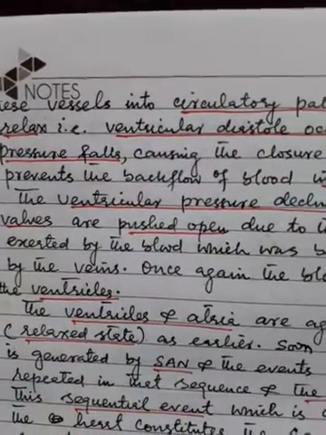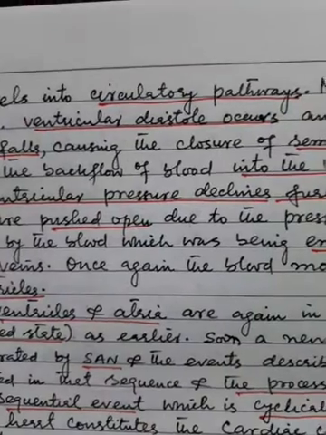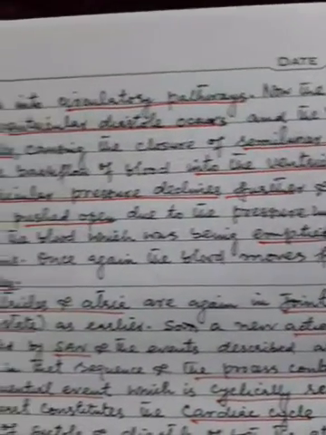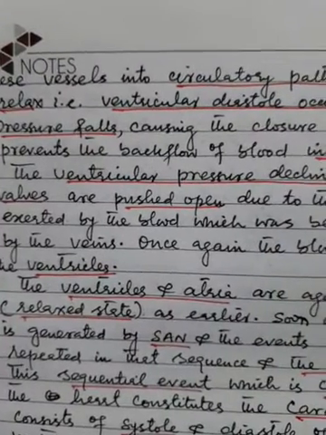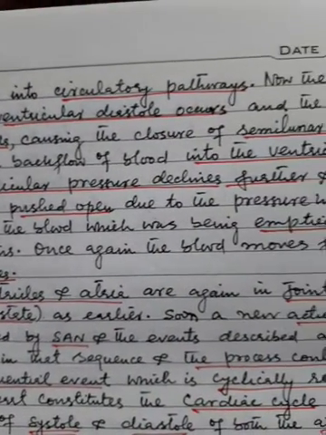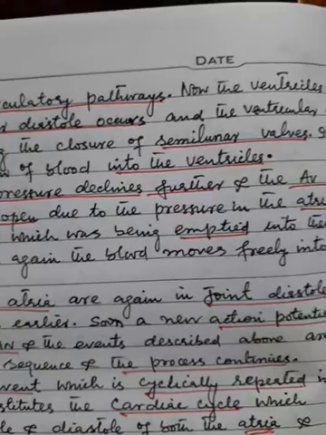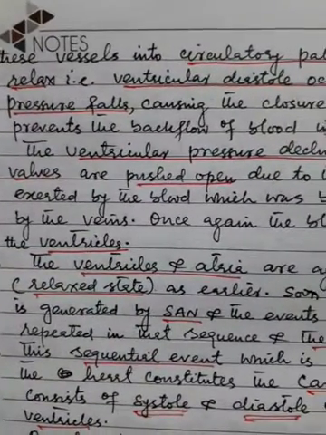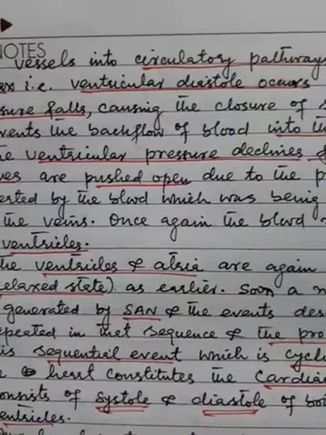Now the ventricles relax, that is, ventricular diastole occurs and the ventricular pressure falls, causing the closure of the semilunar valves. It prevents the backflow of blood